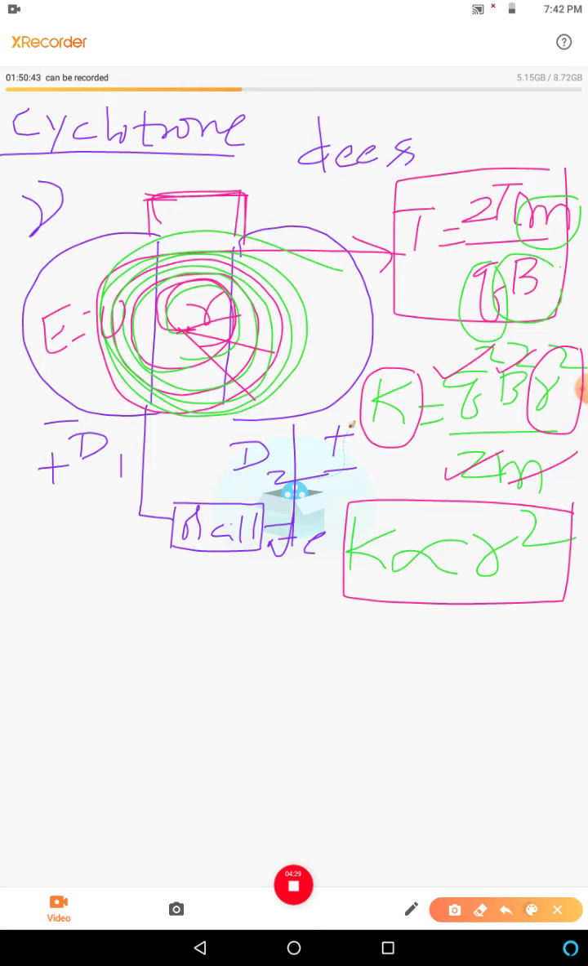So who is responsible for increasing the kinetic energy? The electric field. So the increase in the kinetic energy in the gap between the Ds, whatever gap is there in the middle, the increase in the kinetic energy will be equal to Q into V. So you should remember. Everyone can ask: what is the amount of increase in the kinetic energy when a charged particle Q